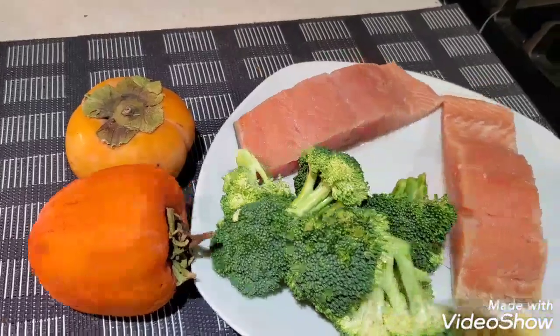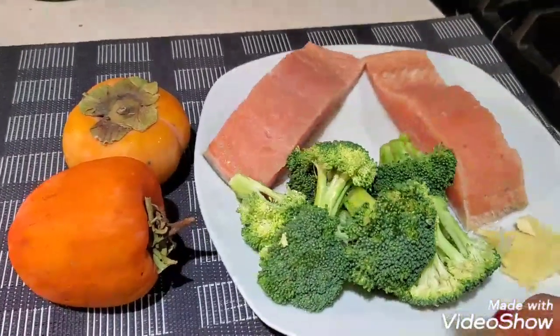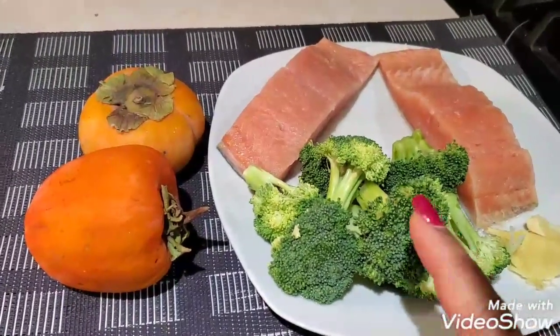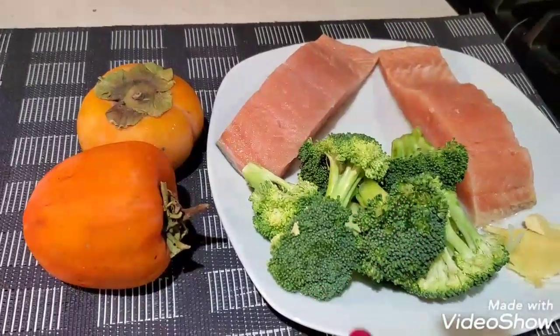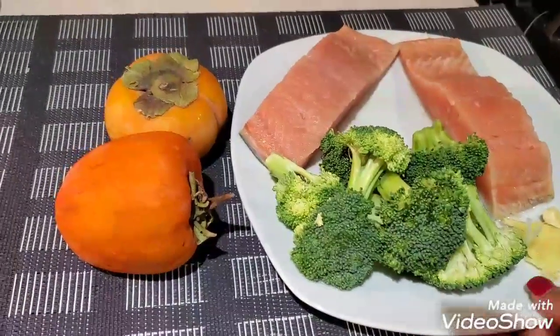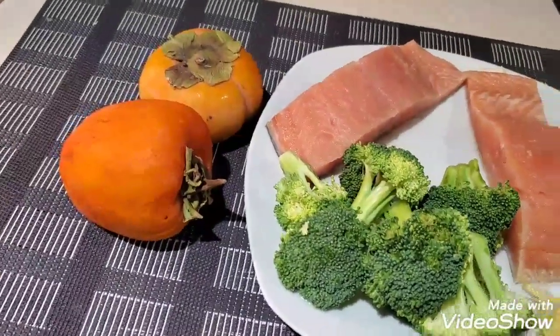So I had some salmon fish in the refrigerator. So I said, what best to pair that with other than a side of broccoli vegetables. And to go perfectly with that is